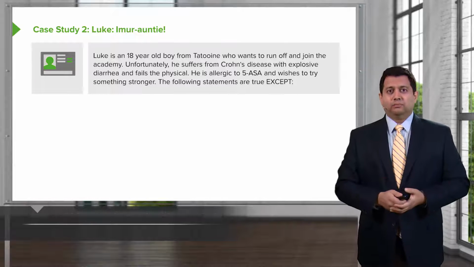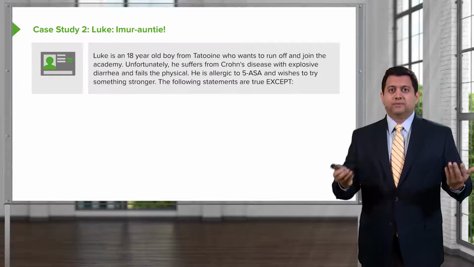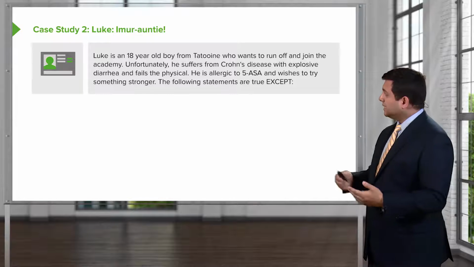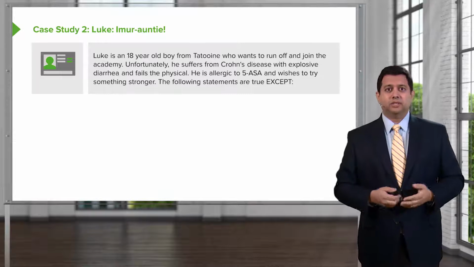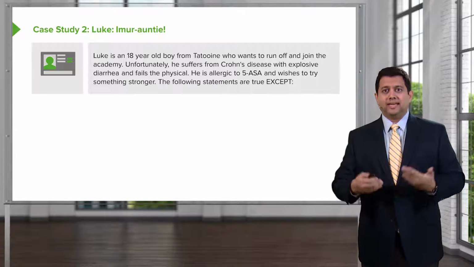Luke is an 18-year-old boy from Tatooine who wants to run off and join the academy. Unfortunately, he suffers from Crohn's disease with explosive diarrhea and fails the physical. He's allergic to 5-ASA and wishes to try something stronger. The following statements are true except